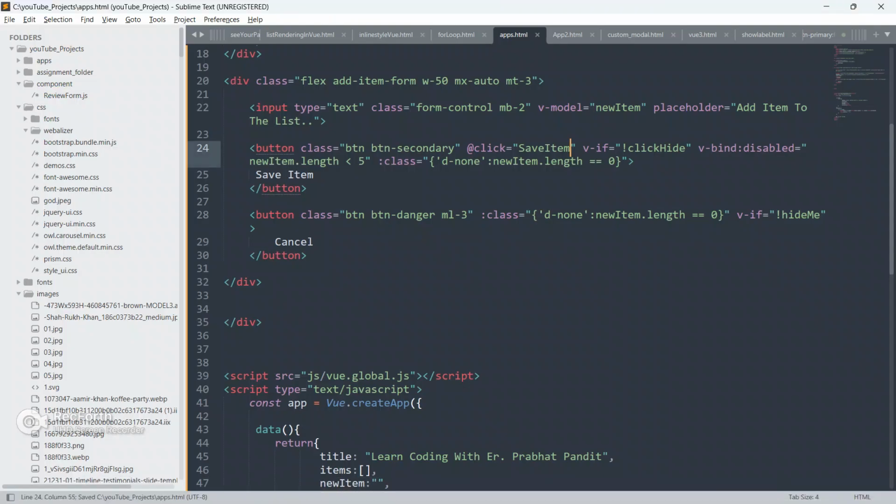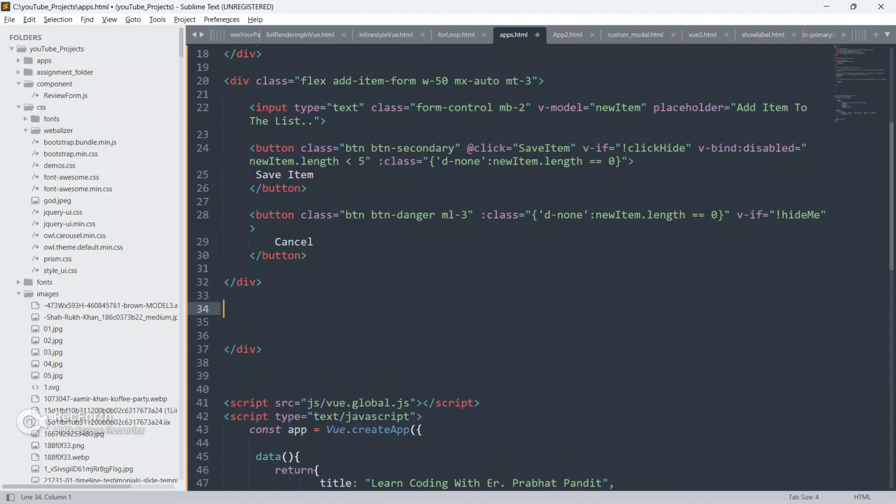As of now we are not able to see anything because we are not displaying it. So now we will create another div to display whatever the user has entered into the array or into the input field box.